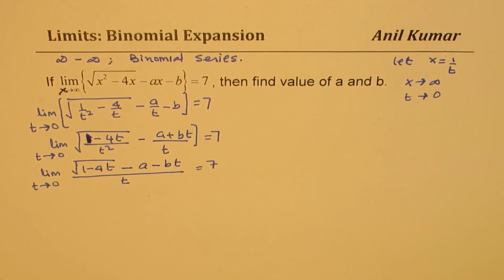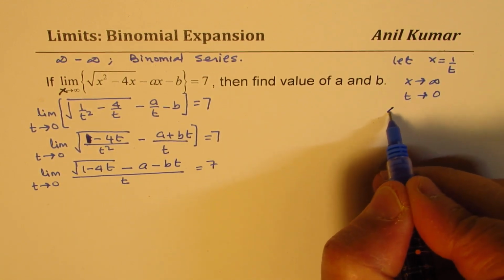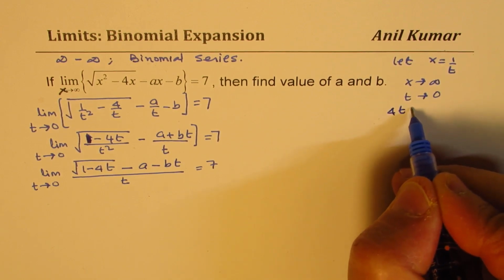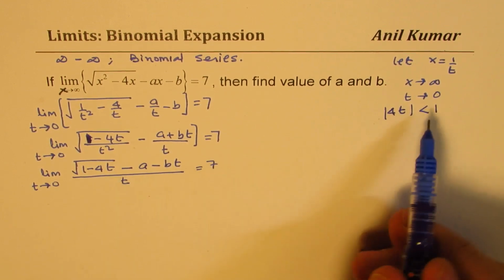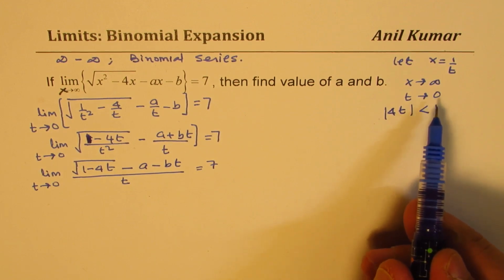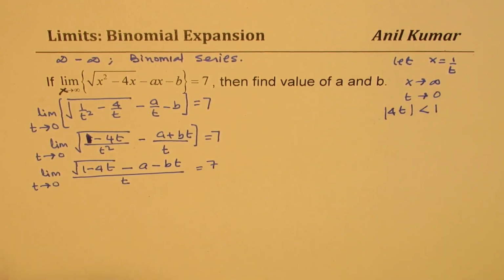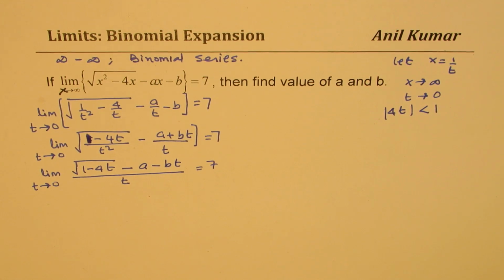Now, as you can see, t is approaching 0, right? So since t is approaching 0, 4t is actually less than 1, correct? 4t is less than 1, and therefore it is actually approaching 0, right? Now, since it is approaching 0, and that too from the positive side, the square root will be from the positive side, we can use the binomial series, right? That's the whole idea. So the binomial expansion, which we just learned, which we can utilize, let me rewrite here,